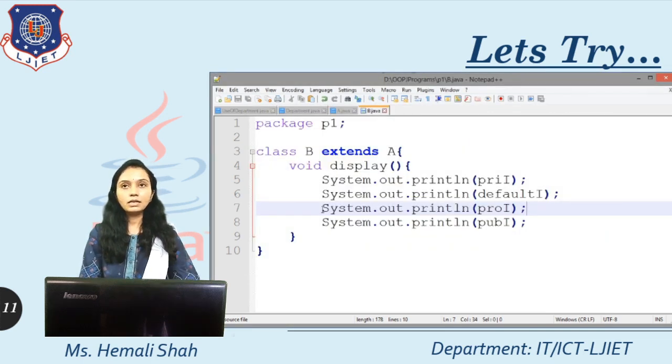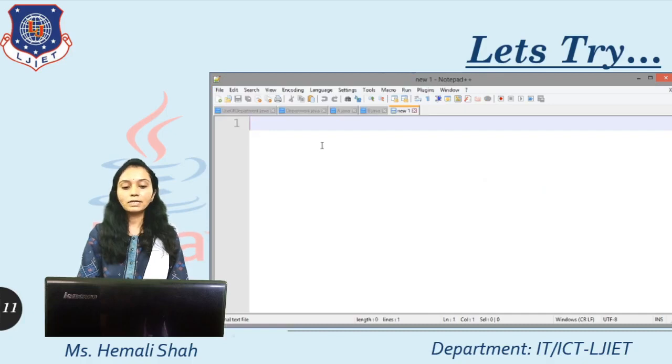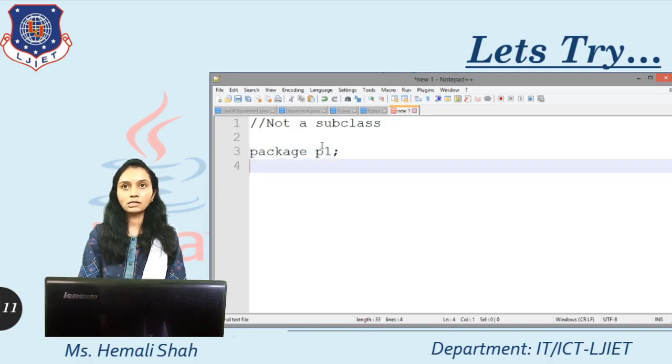Now let's create the next scenario, not a subclass but in the same package. For that, package P1 we have to write because this class is available in the same package.